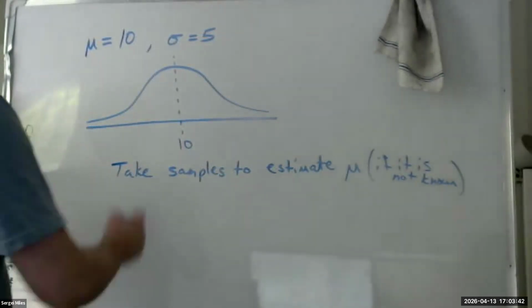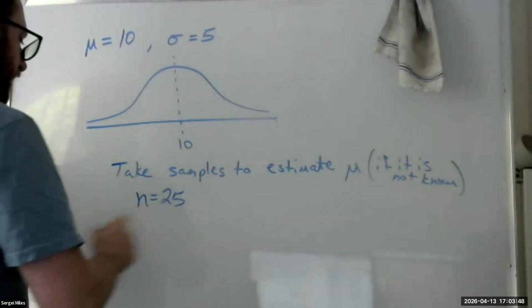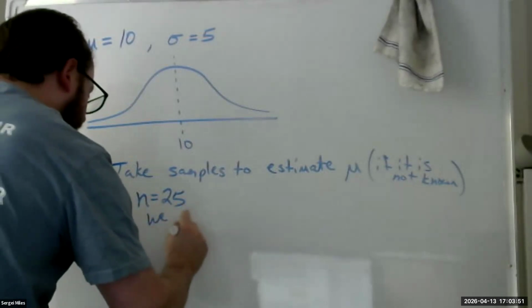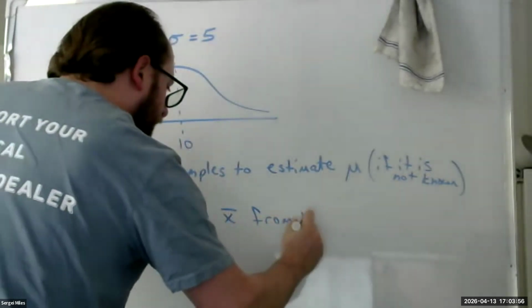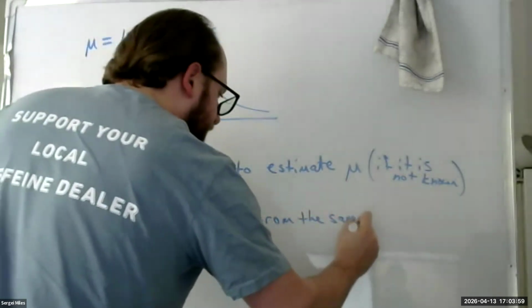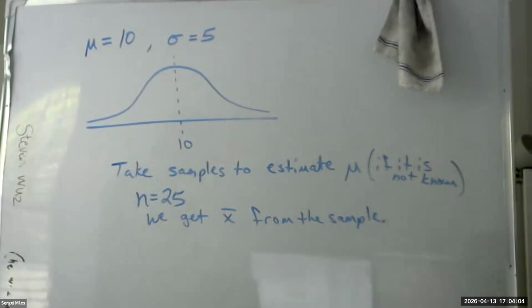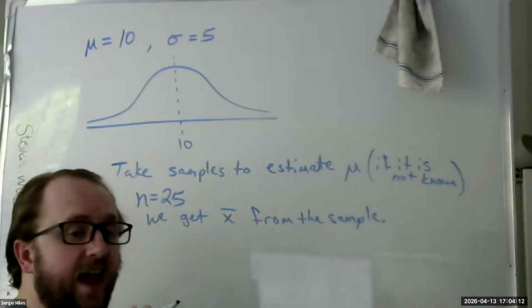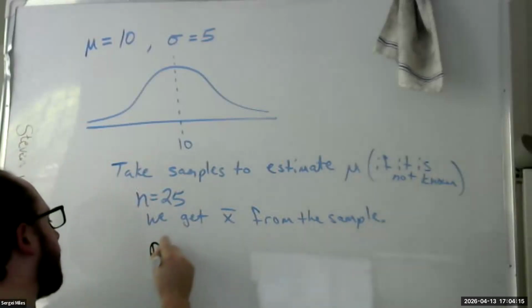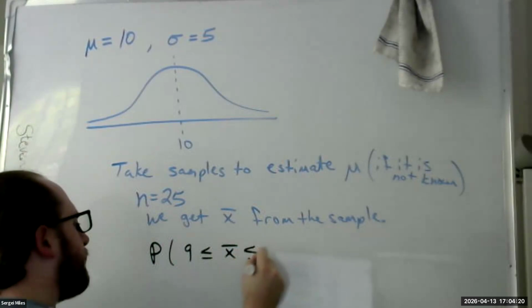And so, if I have a sample size of 25, so n is 25 here, and then we get some x bar from the sample, whatever sample we collect, all right? Now, when it comes to the question of how do we talk about probability, it's still the same idea, except now we're talking about a sampling distribution average. We're asking about the probability of what is the average. Instead of saying the probability of X, we're looking at what is the probability that the average is, for example,